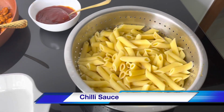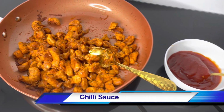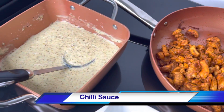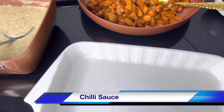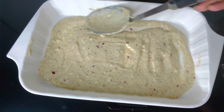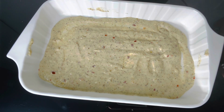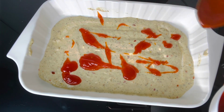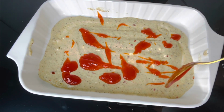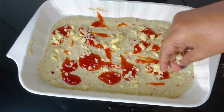Everything is ready. Boiled pasta, you need chili sauce, chicken topping and white sauce. Now time to assemble. First spread the white sauce. Then add chili sauce or hot sauce. If you like, you can add tomato ketchup, and add mozzarella cheese